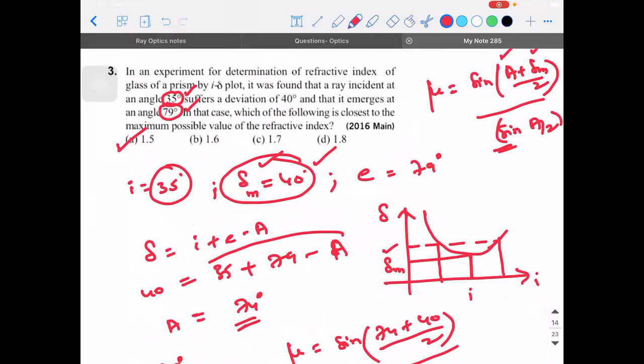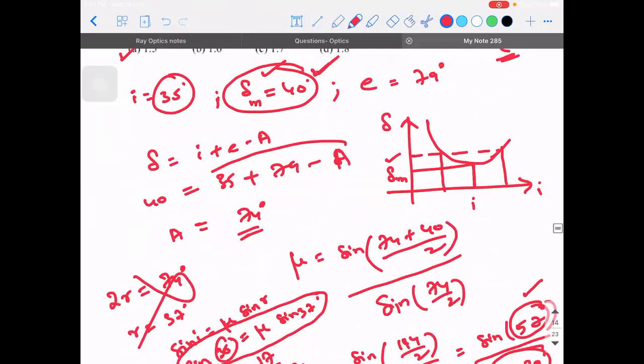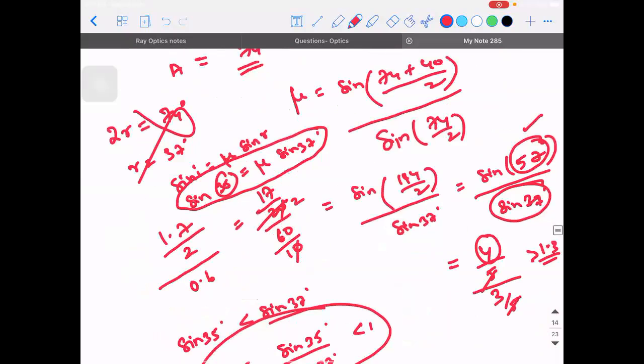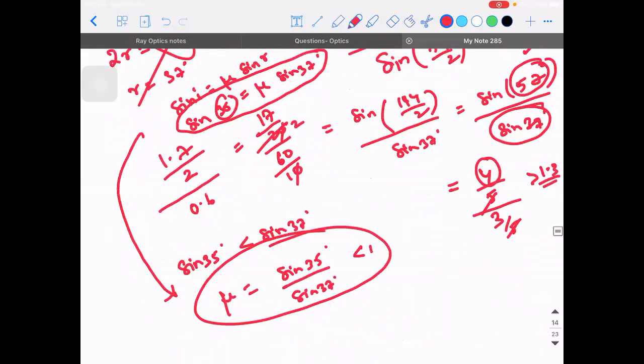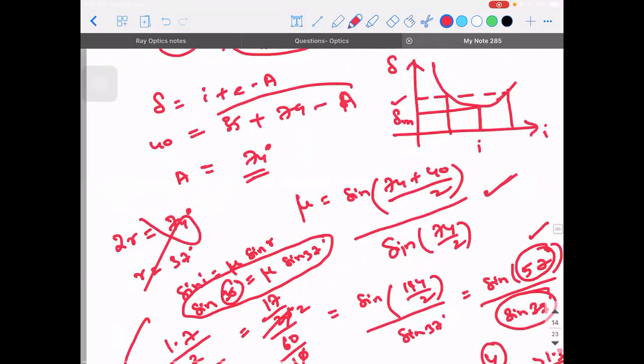That's what the theory says. Angle of incidence should be equal to angle of emergence. If I take this as the angle of minimum deviation, then for 35 degrees, if I apply Snell's law and solve, I should have got a refractive index value greater than 1, but I'm getting less than 1. That is also a mistake, no? So that's why we had to go with this formula, but it's a forceful approach. I'm not convinced actually, but for the problem's sake, we are doing it.